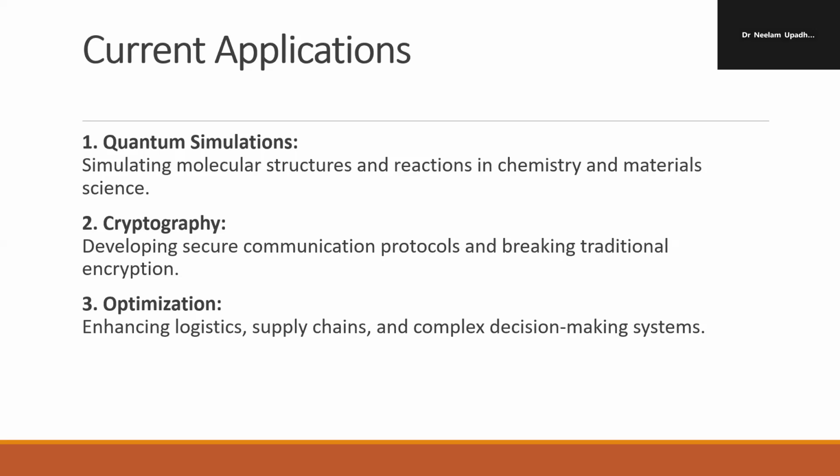Second is portfolio optimization. Portfolio optimization is also important in managing various financial assets for maximum returns. Third is energy grid management in this optimization. Optimizing power distribution in smart grids is useful here.